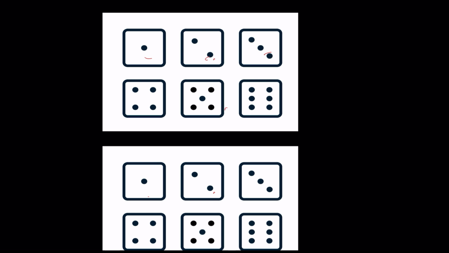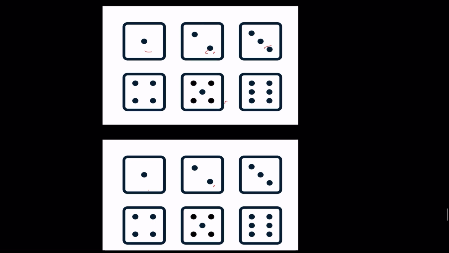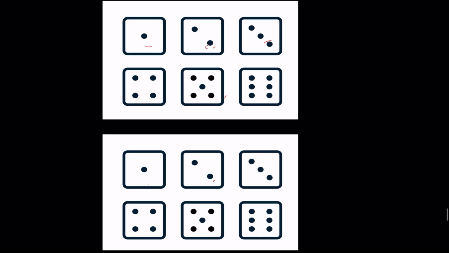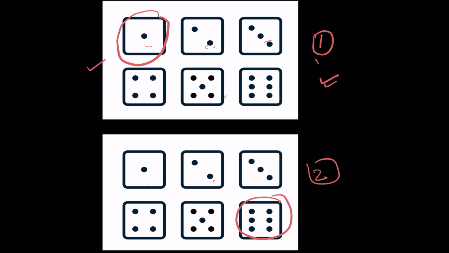When you roll 2 dice, each dice is separate. So I have laid flat here the 6 faces of the dice. So this is dice 1 and this is dice 2. So these two are distinct dice. When you roll a 1 on the first die, for example, and you get a 6 on dice 2, that is different from